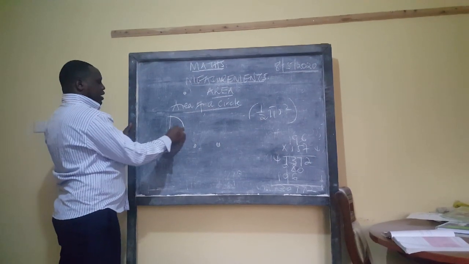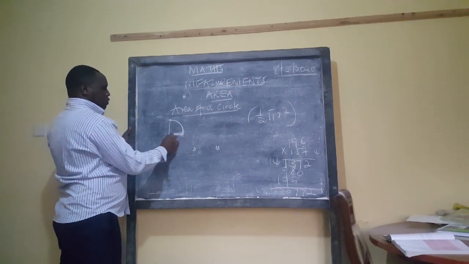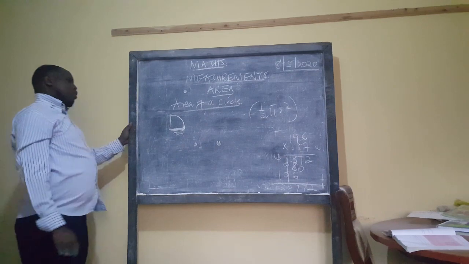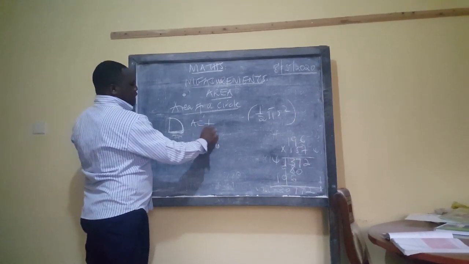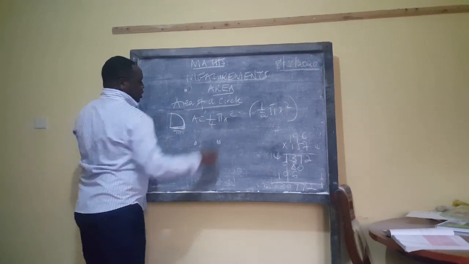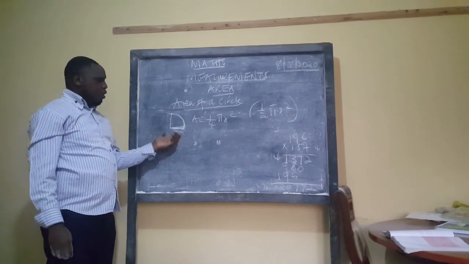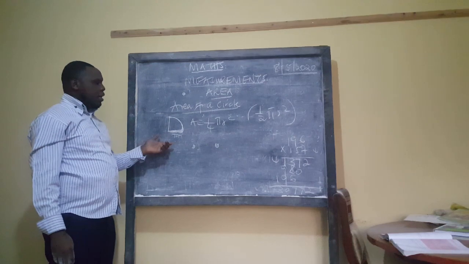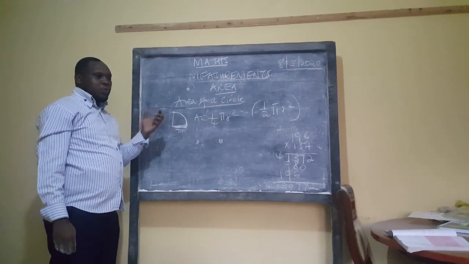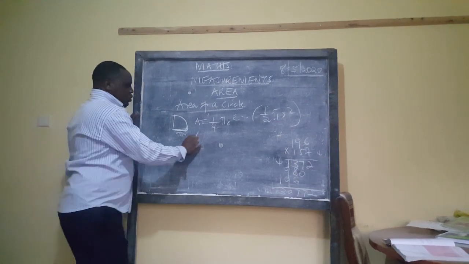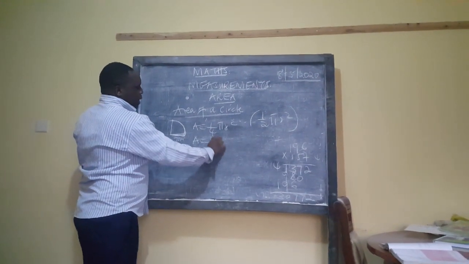So, if you are given a radius of 7 centimeters, of course, to get area, you're going to say area is equals to a quarter pi r squared. So you consider the shape that you are given. If it's half, it's half pi r squared. If it's a full circle, pi r squared. Now it's a quarter. You have to use a quarter pi r squared. This is going to be a quarter pi